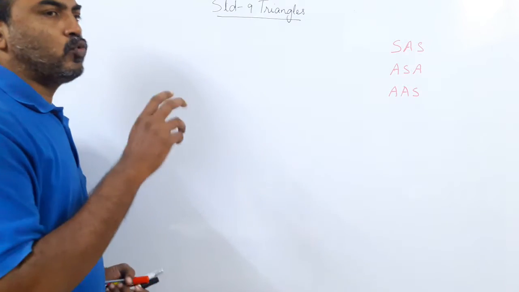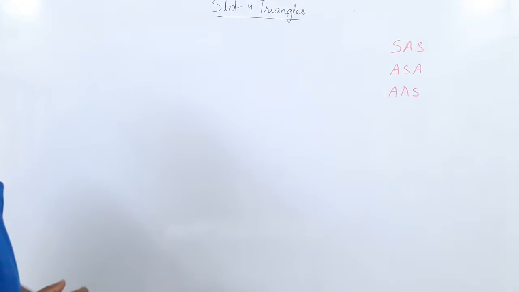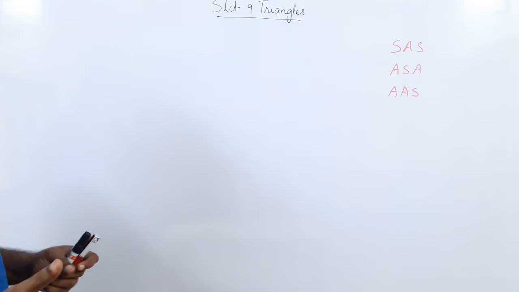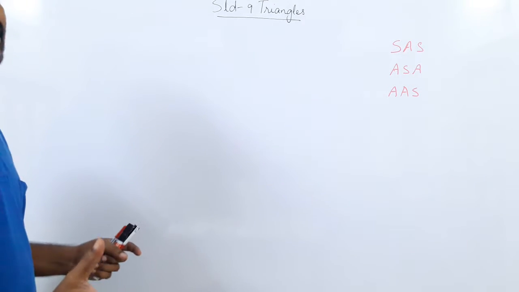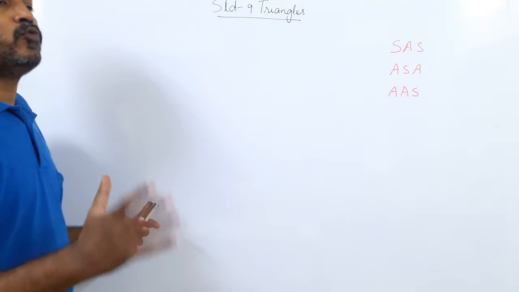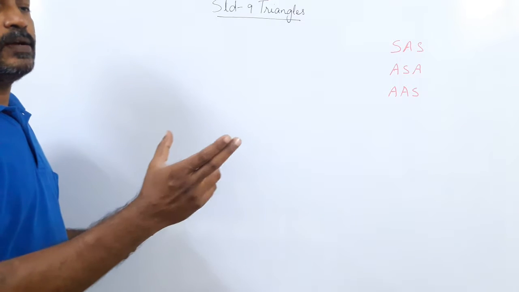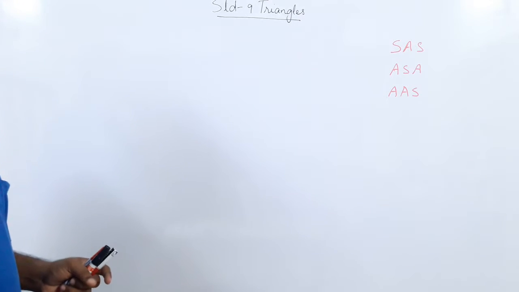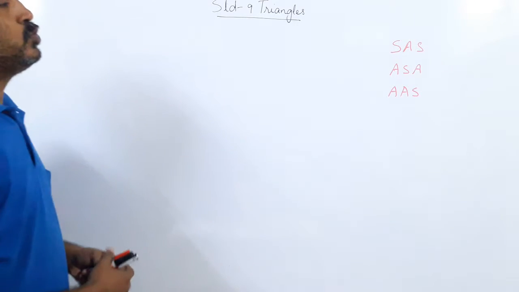So when you are proving two triangles are congruent, like I said before, the correspondence is very important. Yes, the matching. Like we have got triangle ABC and triangle PQR. If ABC is congruent to PQR, it would mean angle A is equal to angle P, angle B to angle Q, and angle C to angle R. So we have done these three rules of congruency.